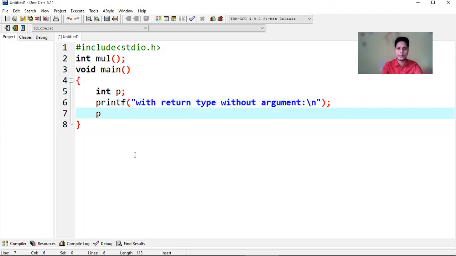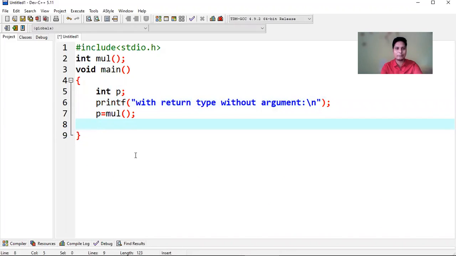Now p equal to mul. Whatever the function will return, that will be stored in the variable p.